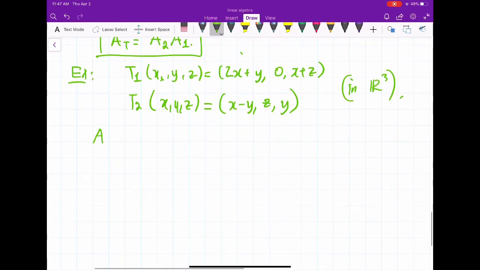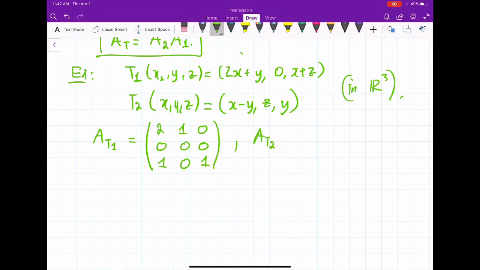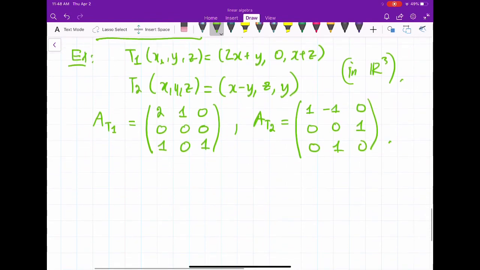And we have matrix A of T1, that is [2, 1, 0; 0, 0, 0; 1, 0, 1]. From the formula of T2, I have A of T2 equal to [1, -1, 0; 0, 0, 1; 0, 1, 0]. Now I want to find the superposition of